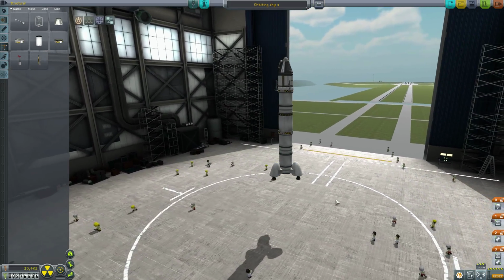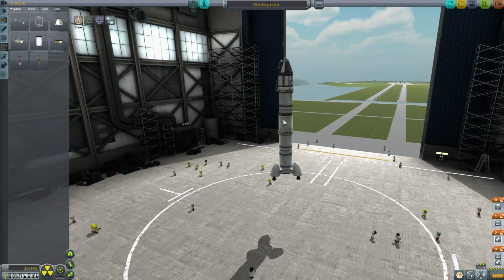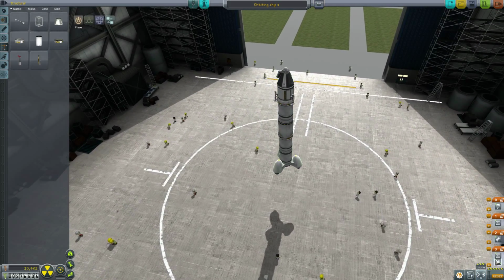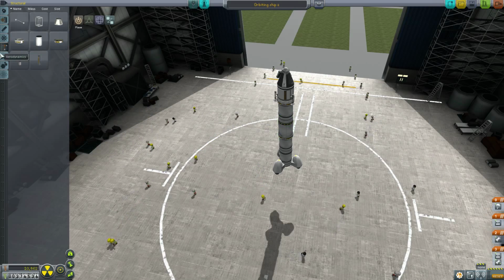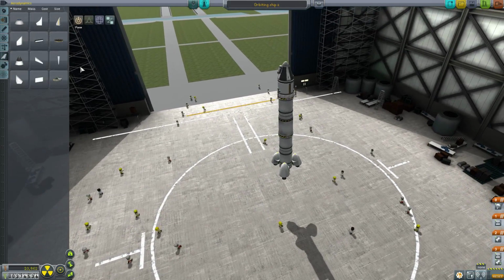Two fuel cans, 3 engines, then it's gonna decouple and this thing tries to get us to orbit. I have no idea if it's gonna work at all. Let's go and try this. Why not? What could possibly be wrong? Oh, of course. The main thing I forgot to add